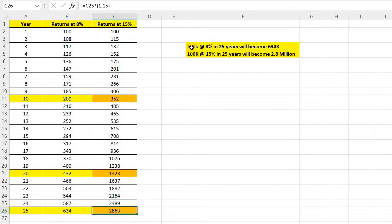If you were to put $100,000 at 8% returns, then after 25 years, let's say you did it when you were 30, and when you're 55, when you're about to retire, that $100,000 would become $634,000. Now, yeah, it's a good amount, but nah, it's not that good an amount. I mean, obviously it's a great amount, but